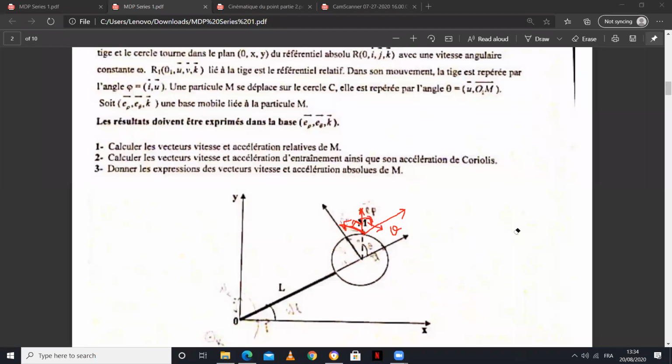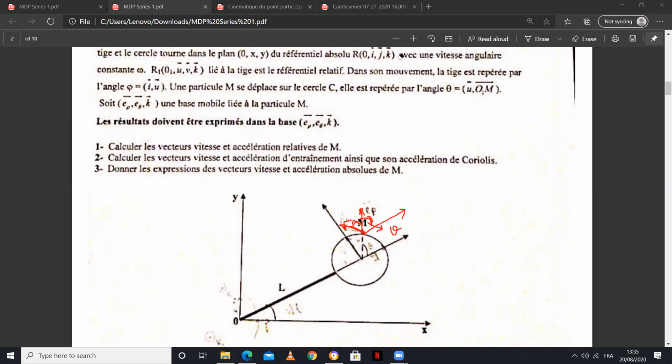Because the rule is that deriving a unit vector with respect to an angle is like rotating it 90 degrees. When you rotate it 90 degrees, it's going to rotate into its other component in the basis, because all these guys are at 90 degrees to each other, as I have already explained. So e rho, e theta, and k are at 90 degrees to each other. If I rotate this e rho 90 degrees with respect to this angle theta, it's going to move into e theta. And that's why the formula,